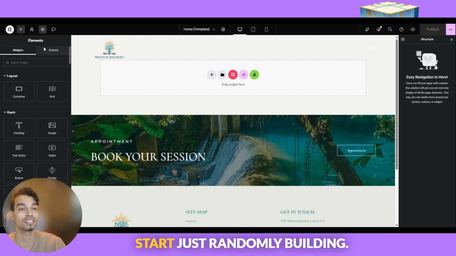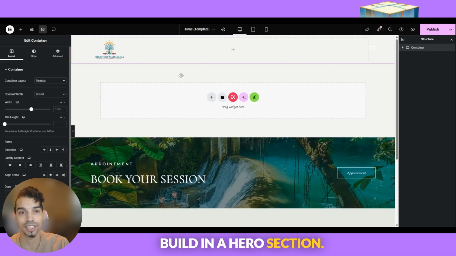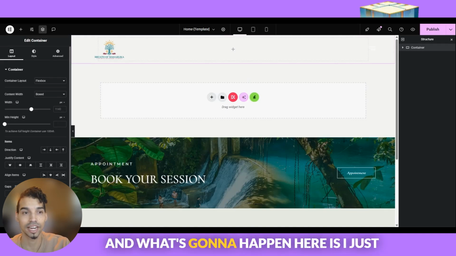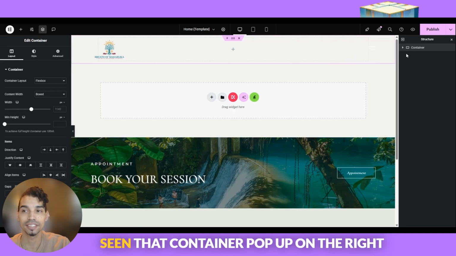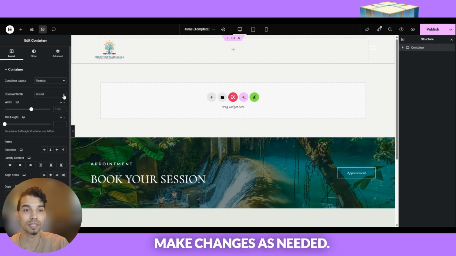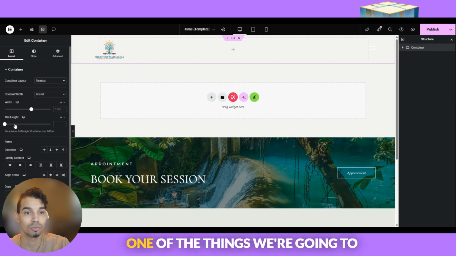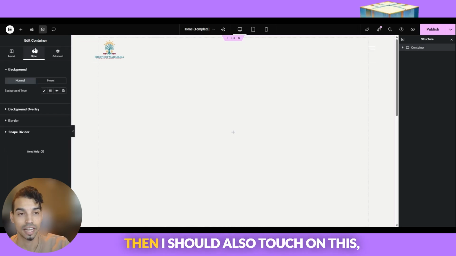So I'm going to go ahead and start just randomly building. I'm going to build in a hero section, and what's going to happen here is I just added a container, and we automatically see that container pop up on the right hand side in the structure navigation panel. And so we're able to make changes as needed. One of the things we're going to do is to change the height,